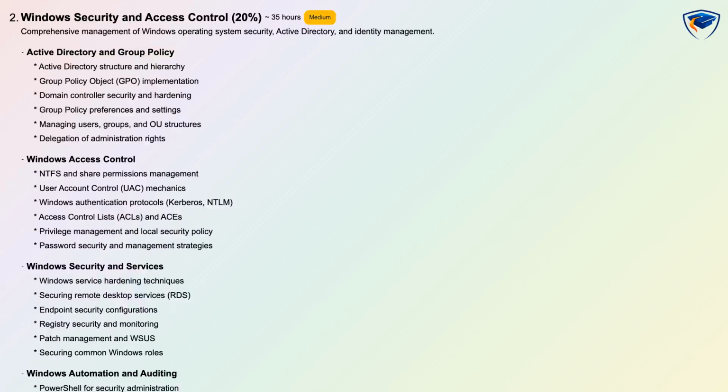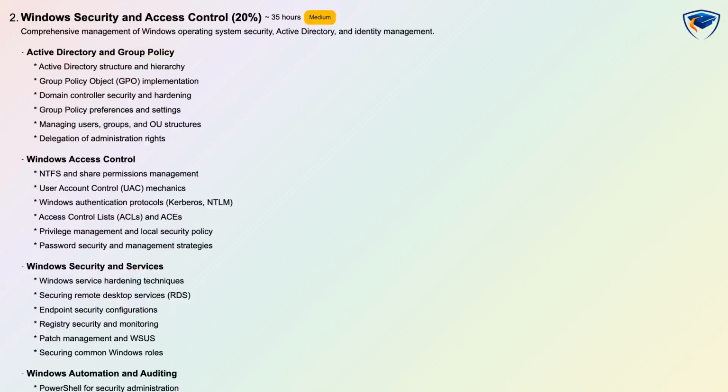Windows security and access control is 20%, medium difficulty, with about 35 hours of study and hands-on plus conceptual assessment. You will master Active Directory structure, group policy implementation, domain controller hardening, and delegation of administration. Expect to learn NTFS and share permission management, Kerberos and NTLM authentication, ACLs and ACEs, and local privilege and account management. The domain also covers securing Windows services, endpoint hardening, patch management, PowerShell for administration, configuring auditing, and log analysis